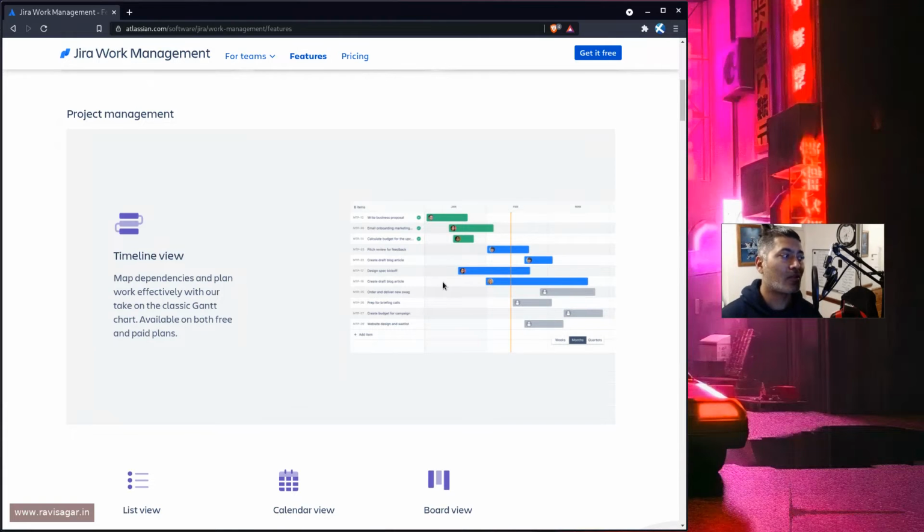On Jira Work Management, you have a similar timeline view. So things are slightly different, but the way Jira works, the base is the same. I mean, you have the power of customizations. You can always create your own workflows. So irrespective of the template that you select, it could be HR template, it could be marketing template, when you are evaluating Jira Work Management, you can always modify your templates, or not only templates, but you can always modify your own configurations in your project, so that you can adapt it to make it